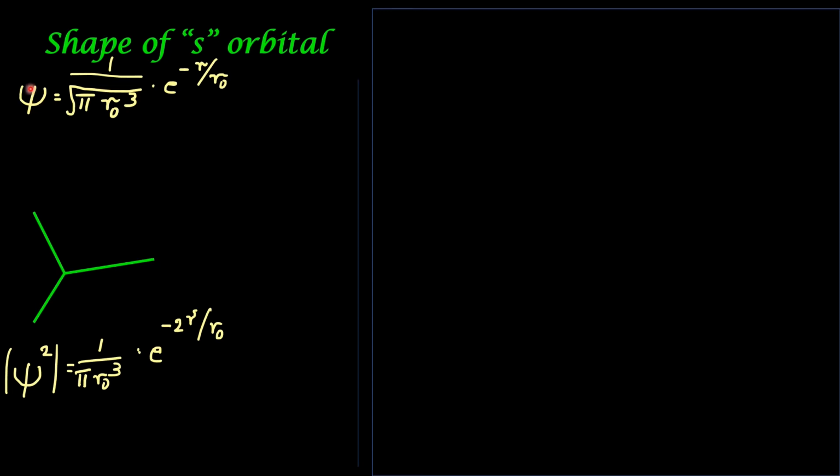This is because the orbital wave function of the electron depends upon r, that is the distance of that electron from the center of the nucleus. How is the distance of the electron from the nucleus considered? Suppose there is an electron somewhere here in space. Its position can be explained with reference to the three orthogonal coordinates x, y, and z.